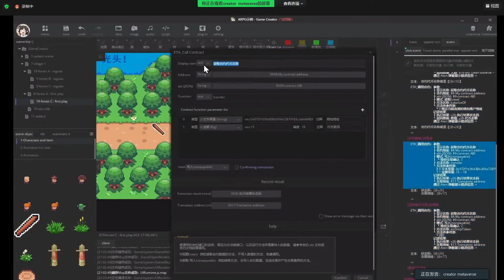And here is the token transfer, transfer token. It will also call your smart contract using these variables within the ABI, and also using the transfer function with this wallet address.